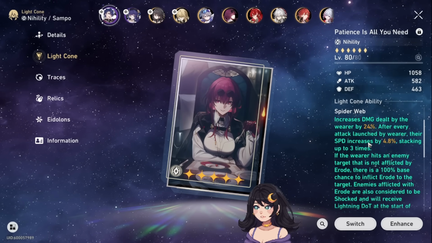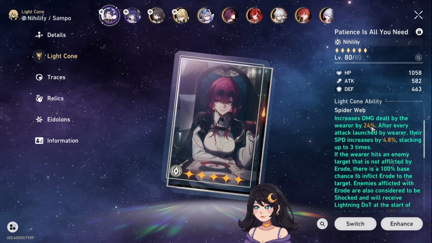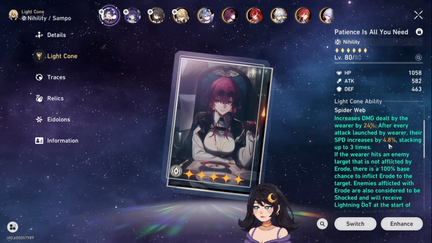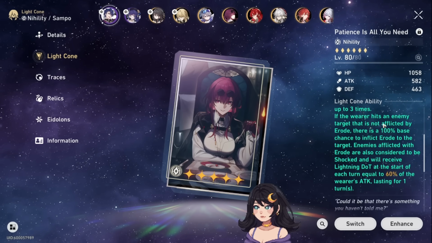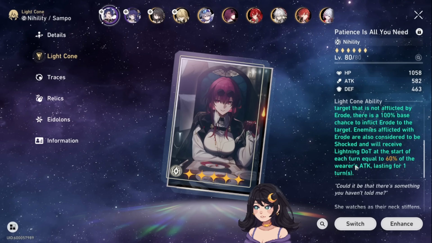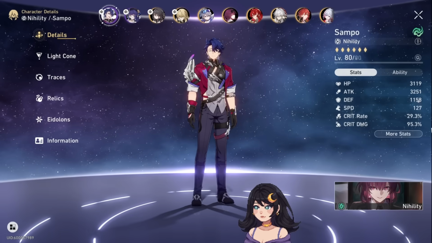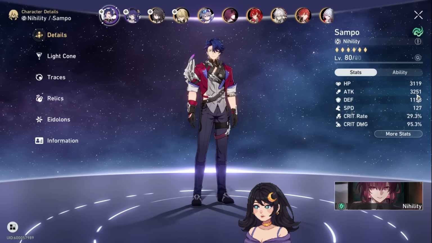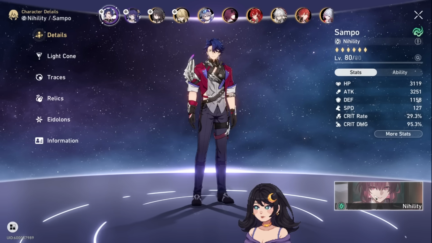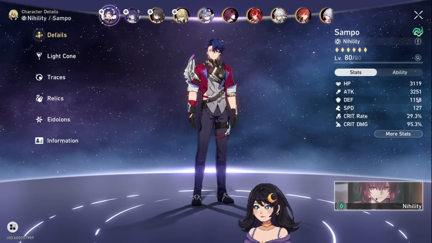This light cone is really, really good on Sampo because we get an additional 24% damage increase. And then every time an attack is launched by Sampo, he'll also get this speed buff. So that's really good. And then Erode is another thing to consider because this is a lightning damage over time, which is based on 60% of the wearer's attack. This is really good because I invested a bunch of attack into Sampo. So it results in Sampo getting speed from this light cone, a damage increase, and also allowing for Erode,